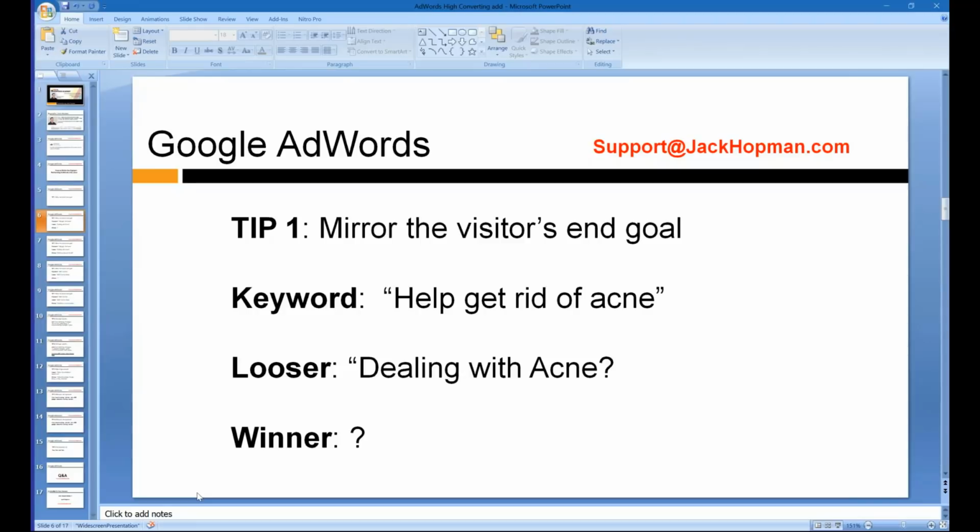So here, this is the winner: kill acne once and for all. You're not only repeating the keyword, but you give a solution. Mirror the visitor's end goal. Now, visualize that. You are standing with your feet in the Google search and you enter acne.